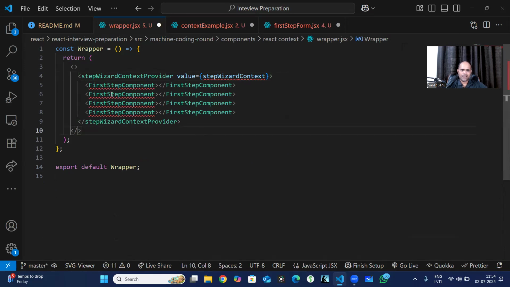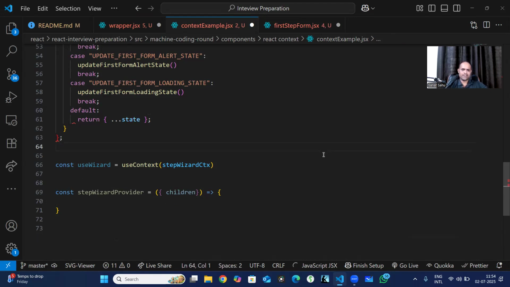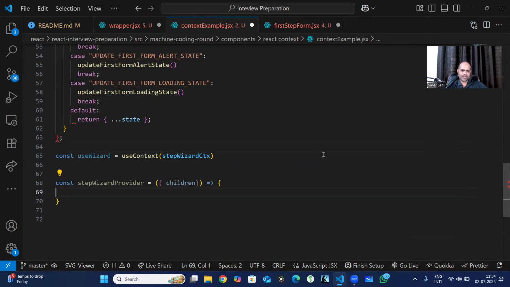Okay, done. Now we will obtain this here in the form of children, and then this guy, what it will do is that I think this reducer will be there inside this. That's what I'm feeling, because this part shouldn't be here. In the earlier video I did it like this just to explain the scenario, but I think we will be getting this particular